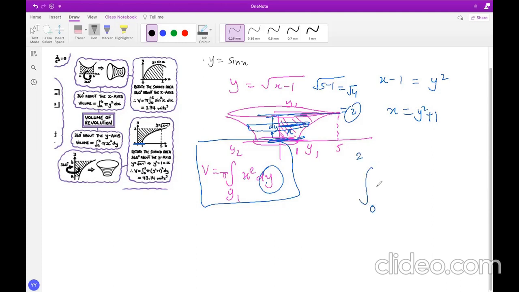So pi times x squared dy, sorry. If I take the function here, what we get is pi outside, integral from 0 to 2 of y squared plus 1, that's my x function, the whole squared, dy. Now this needs to be integrated. If it is a non-calculator paper, you could expand, integrate, and put in the limits. But if it is a calculator paper, you can just put it directly in the calculator and get the answer for the volume of rotation. So this is the concept of area and volume of solids using integration.